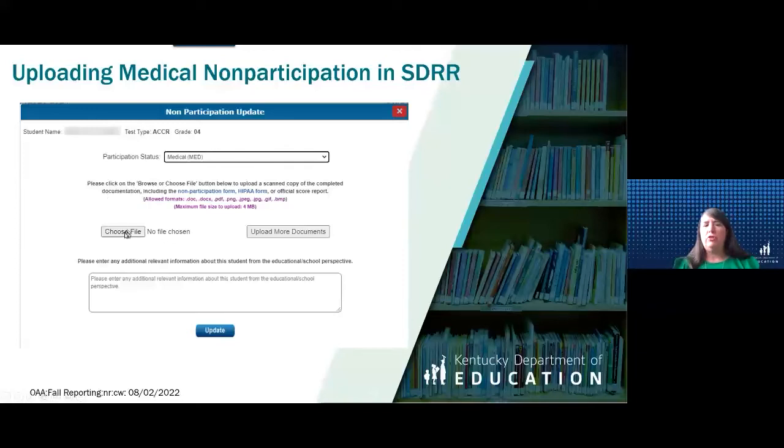Of course, you'll choose the file. What you'll want to do is click on choose file, find it on your computer where you've saved it, and then select that file. And then add any information that you want to add from the school's perspective. You put it here in the box, and then you'll be able to update it.